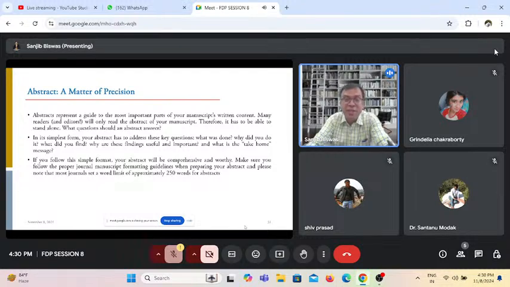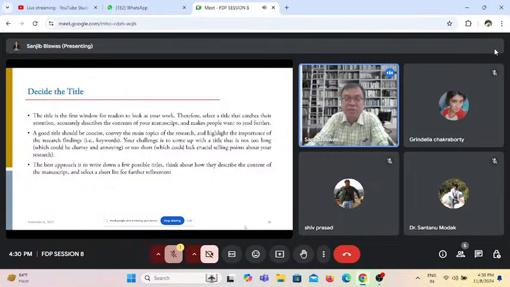In fact, given the abstract, next is the title. So, what is a title? The title should pinpoint your problem area, but it should not be too clumsy, annoying, or too long. It should not be too short. And of course, exceptions are there. In fact, the famous article in the management domain, by Kaplan and Norton on the balanced scorecard, has the title: The Balanced Scorecard. That is the only thing, the balanced scorecard.